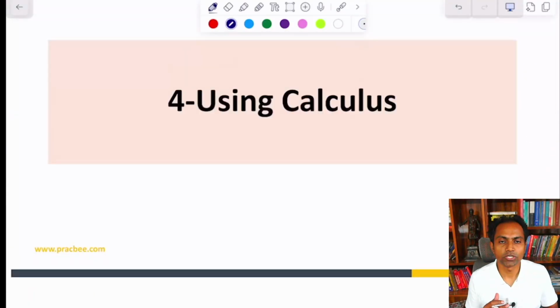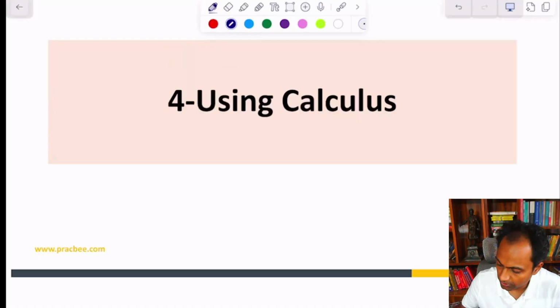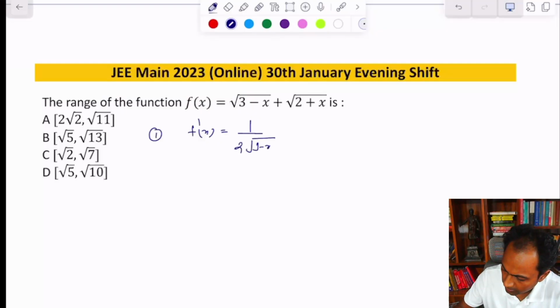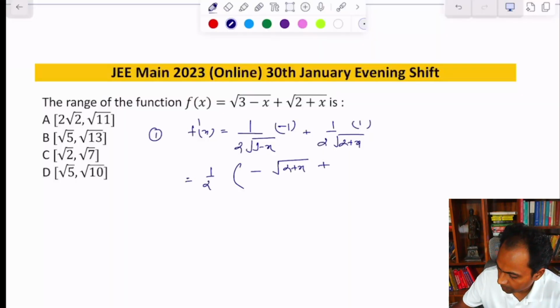Now, there are some questions that will become very easy if you use calculus. For example, this 2023 question. So, instead of doing this much, if I just differentiate this function, what will I get? It would be 1 by 2 root 3 minus x into minus 1, and 1 by 2 root 2 plus x into 1. So, if I take 1 by 2 common, the answer will become minus root of 2 plus x plus root of 3 minus x